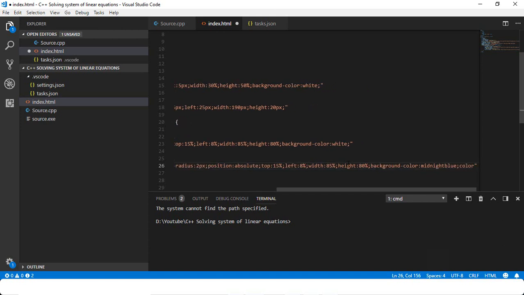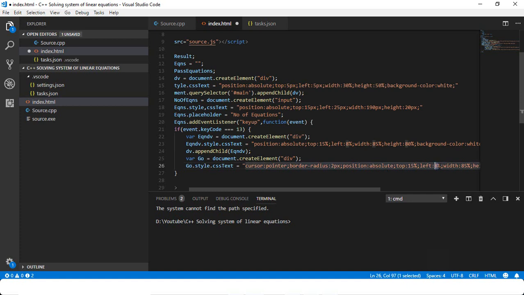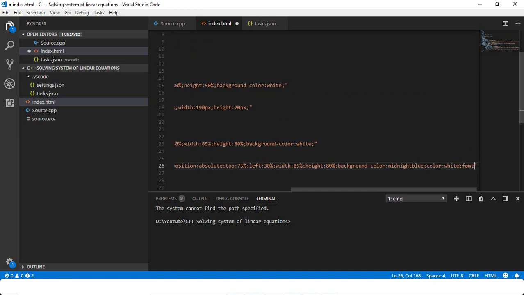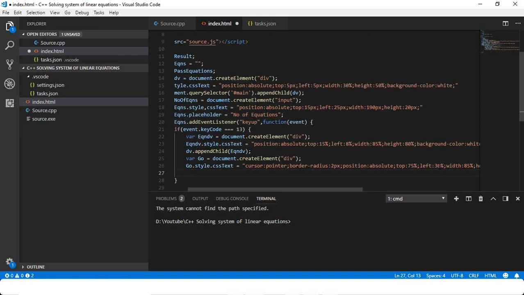Color is the color of the text, the background color is its color. Color is white, and the left will be 30% and the top will be 75%, and the font size will be 16 pixel. Okay, so here is our button,